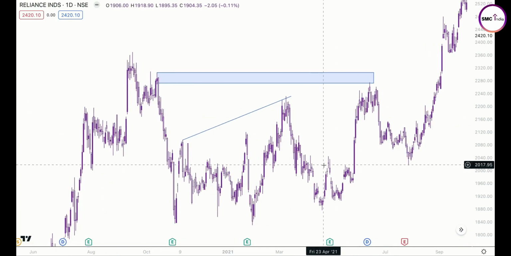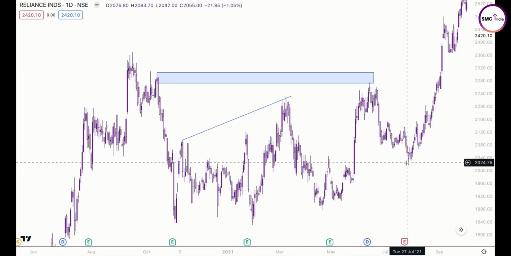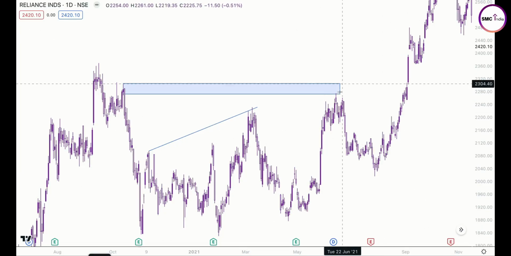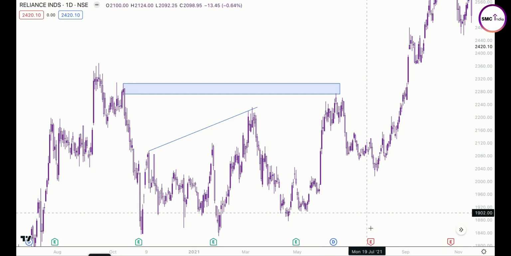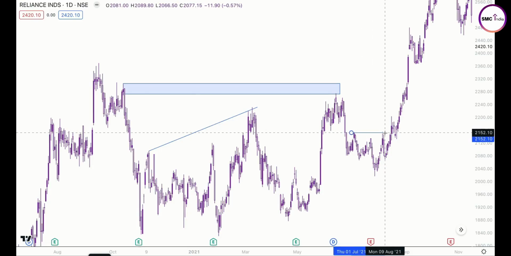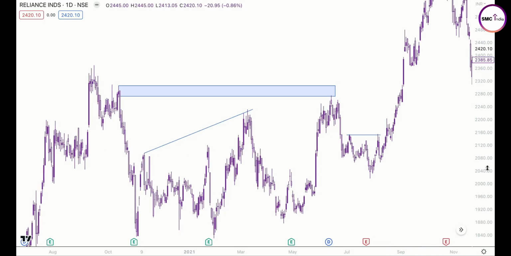So you see that the price retraced back to this order block, shot down. And what happened next? It shot up again. As it shot down, creating lower lows and lower highs, you could easily identify that it creates a huge amount of liquidities down here. So you wait for the price to retrace back up to this order block and then